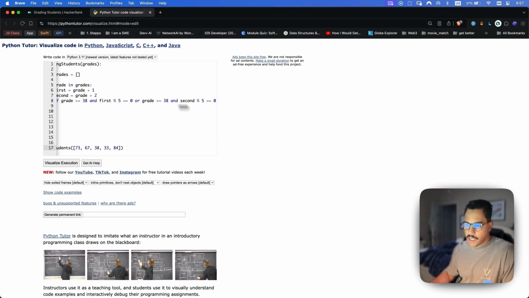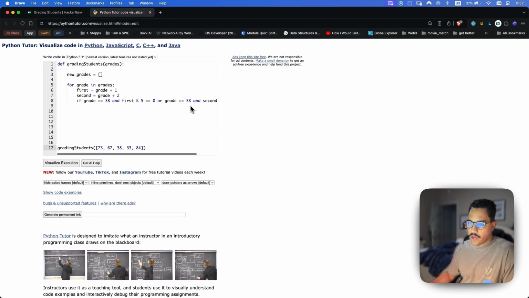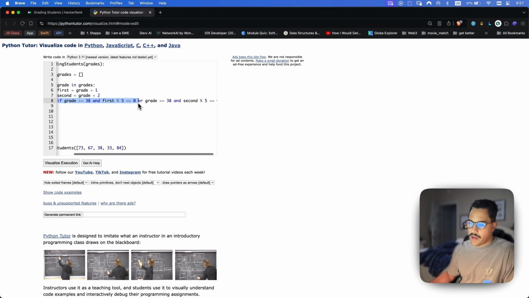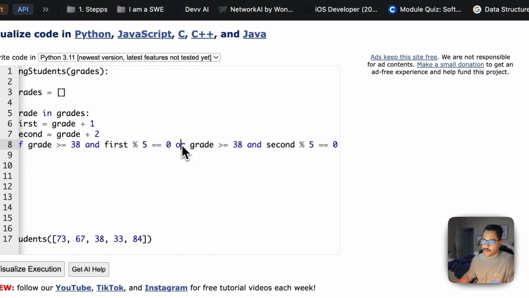Just kind of double checking that I'm not operating on the base of something that's not existent. If the grade is greater than 38 and the same grade plus 1, which is first, it's mod 5 equals 0, or that grade plus 2, one of those,